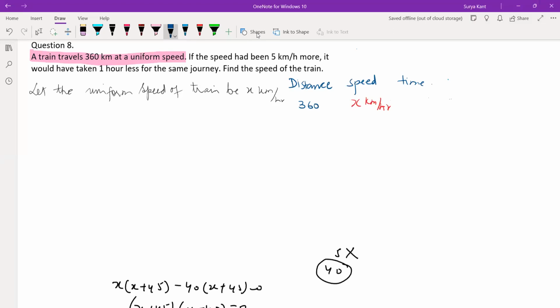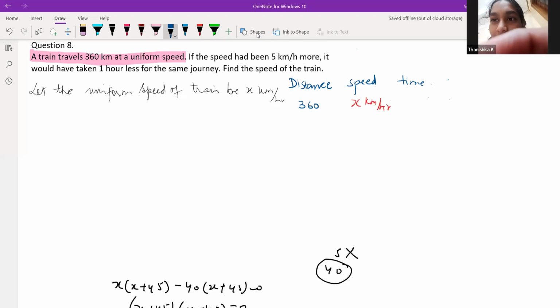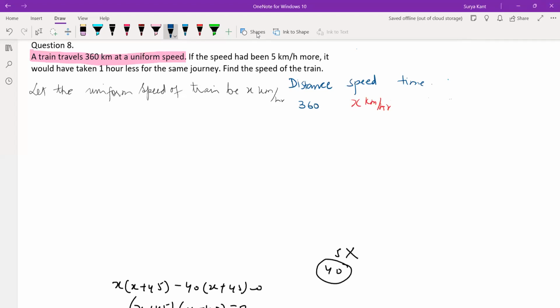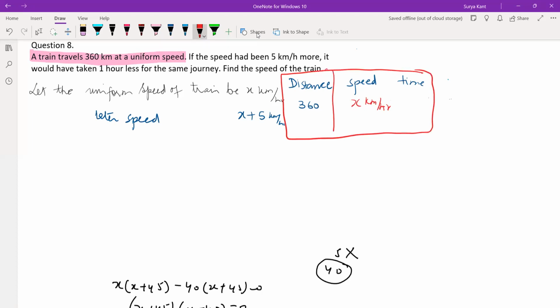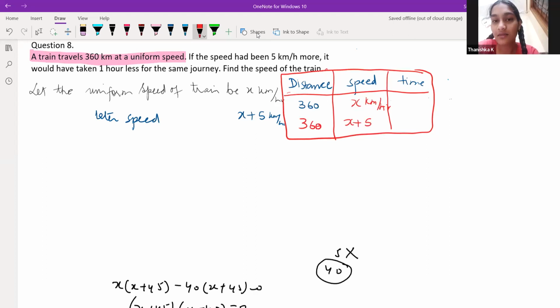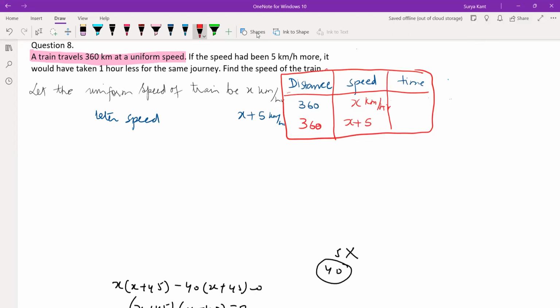Okay, x plus 5. Yes, later on the speed, which we let be x, what happens next? Later the speed would increase from x to x plus 5, right? So right here also, in this box, we write distance, speed and time. For the same distance, now the speed is increasing by 5 kilometers. Before it was x, now it becomes x plus 5. So if this is the speed now, it would take 1 hour less